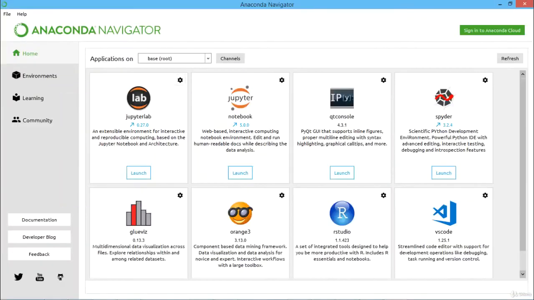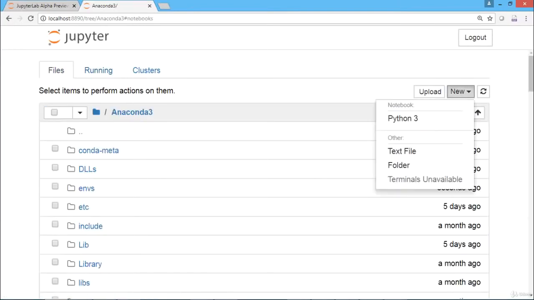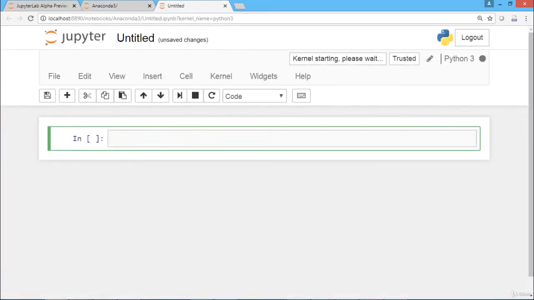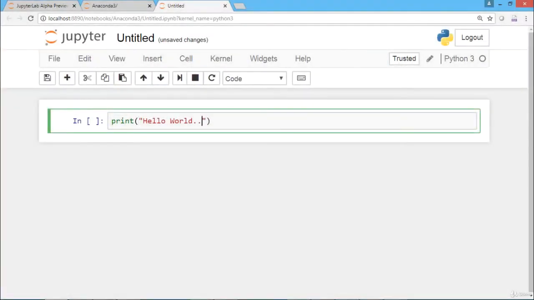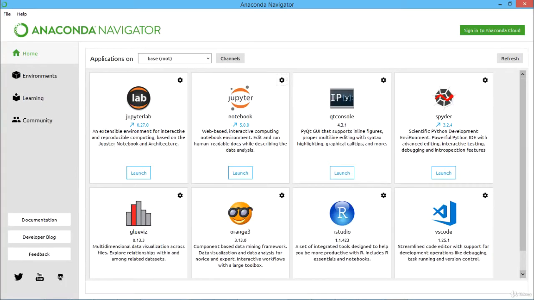So now we are going for this Jupyter Notebook. We tested with the Jupyter Lab. Now we are going for this Jupyter Notebook. So this is the respective folder structure it is showing. Now we are going for a new Python 3. So here also you can type. You can go for the execution. In this way, using this Jupyter, we can also go for this typing. So we have tested with the Jupyter Lab and Jupyter Notebook. So two ways we have done.